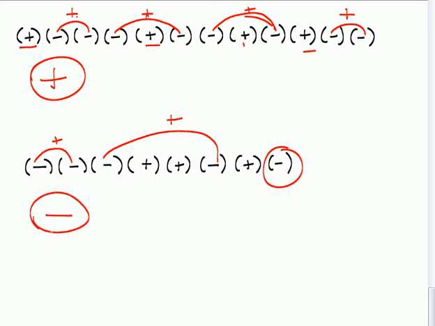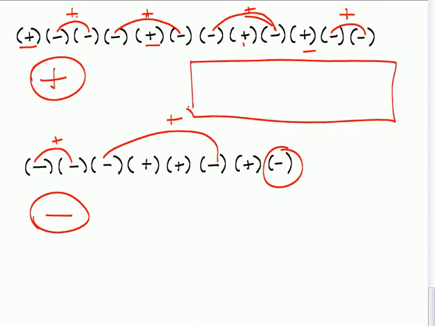Okay, what's the shortcut here? In the first case, how many negatives did we have? If we count those, 1, 2, 3, 4, 5, 6, 7, 8, we had 8 negatives. What kind of number is 8? It's an even number, which means you're going to have pairs. There's not going to be any little straggler. Every negative is going to pair up. So when the number of negatives is even, you automatically know your answer is going to be